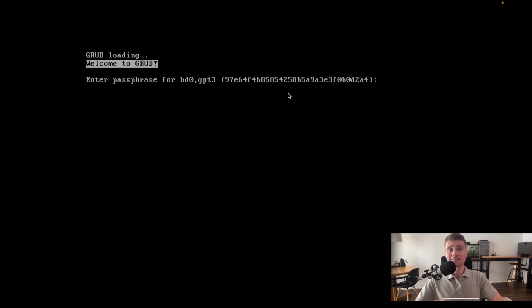As you can see, since this is a fully encrypted operating system, we need to give it a password to decrypt right out the gate. So I'll do that. And since this is running in VirtualBox, it will take a minute to decrypt,